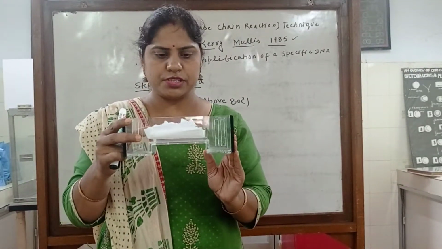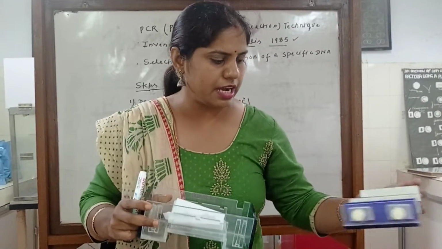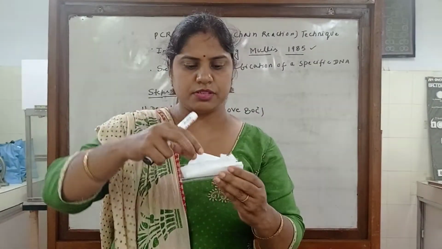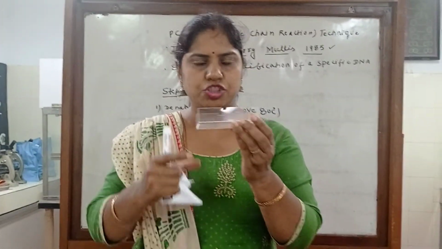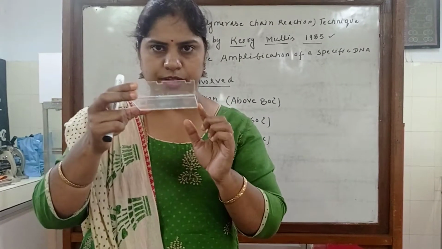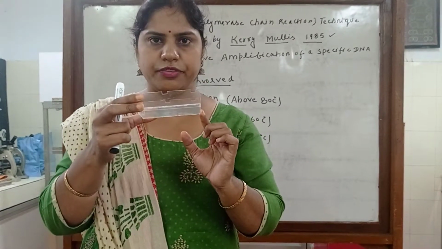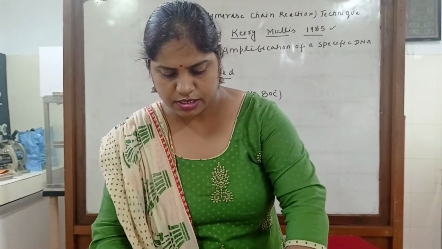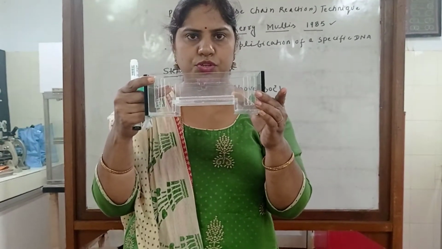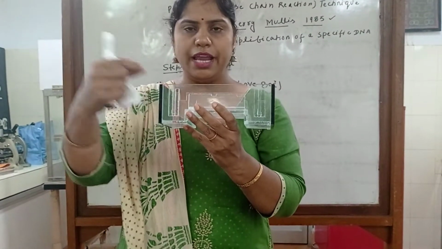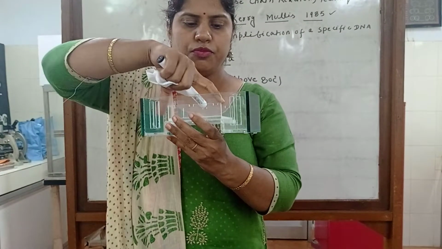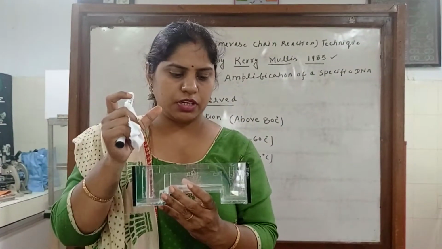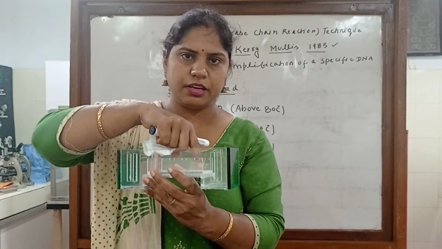First I want to show this. This is the electrophoresis unit, and first we cast the gel. Clear? Cast means we take the agarose gel and solidify it in this tray. After solidification of the agarose gel, we keep this gel in the electrophoresis unit. Now we add the power. Now we load the amplified product. What is the amplified product? It's DNA. Clear? So we load the amplified product in the agarose gel.